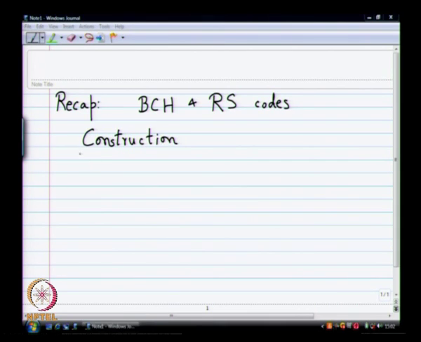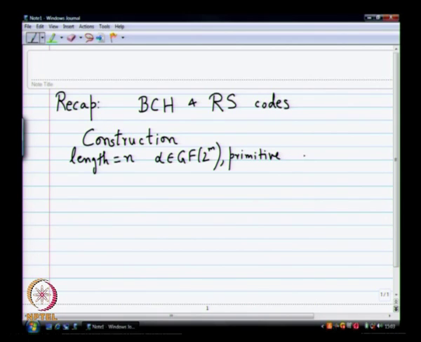For the construction of length n, if you want the block length to be n, you could take a primitive element from GF(2^m). And what is the property? n should be smaller than or equal to 2^m minus 1. So, this is one choice. There are other choices, but we will just stick to this choice for simplicity. And then you construct the parity check matrix as